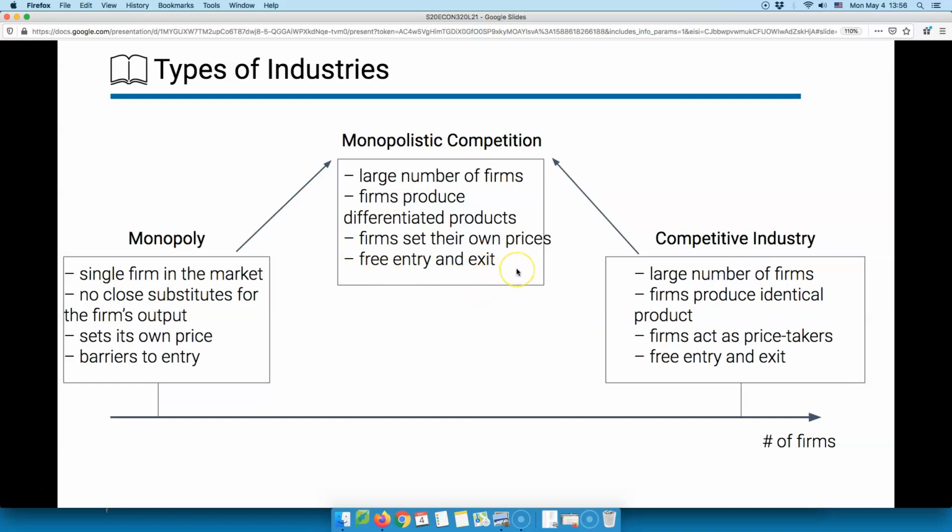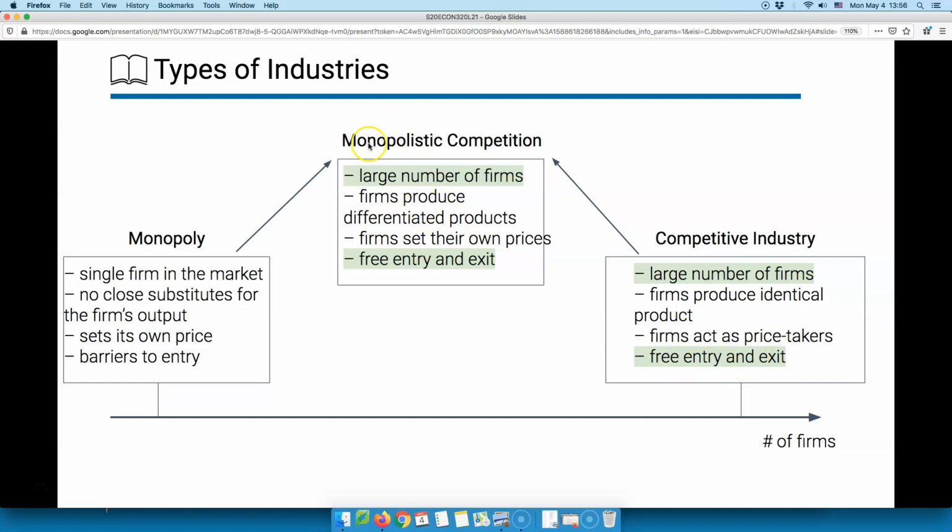And so, to sum up, the similarities between a competitive industry and a monopolistically competitive industry is in the large number of firms and free entry and exit. And recall that for a competitive industry, free entry and exit is the mechanism that drives the long run behavior,